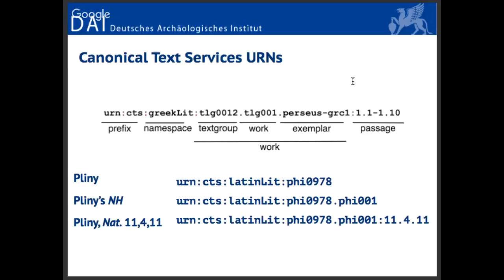I'm basically transforming any possible reference I encounter into a CTS-URL. I'm not dealing with the exemplar part of the identifier, because what I'm interested in is just to know that it's a citation to Homer's Iliad. Then it's up to the reader, the user, to resolve this citation to her preferred edition. But I just deal with a reference to authors, in this case Pliny, a work. Then you have a further level of granularity. You can have a CTS URL for the work, and then of course for the passage, so a specific passage, book, chapter, paragraph in Pliny's Naturalis Historia.